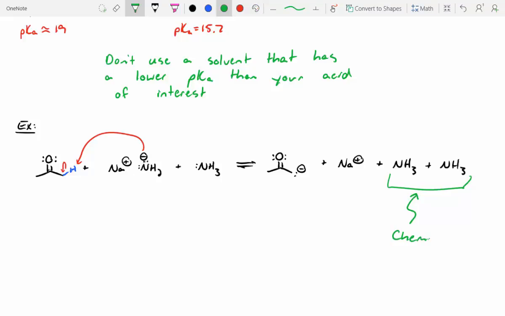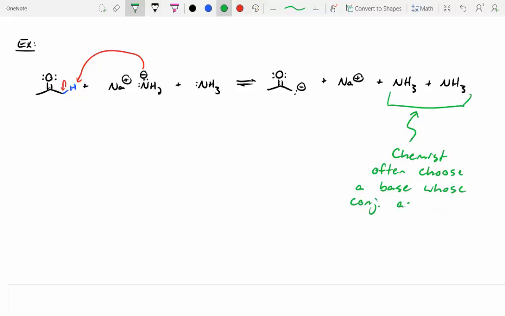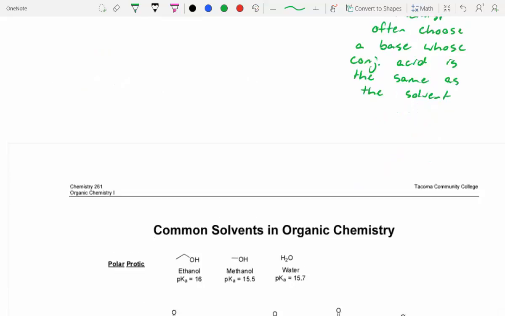So chemists often choose a base whose conjugate acid is the same as the solvent. Makes sense, right? All right, if you guys go back to that table that I gave you, we've got this